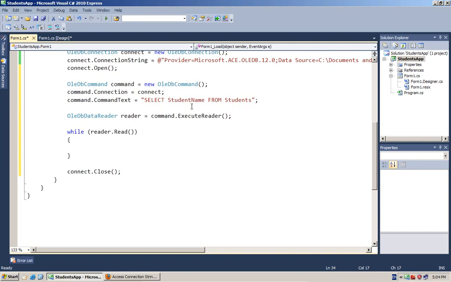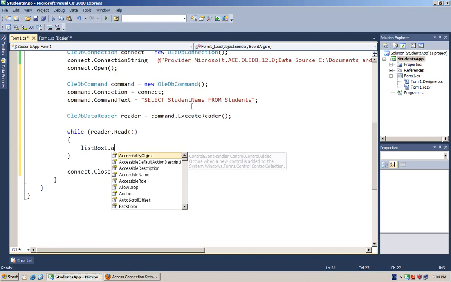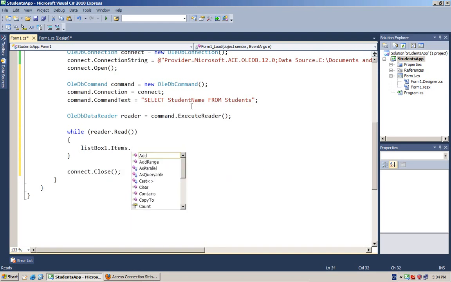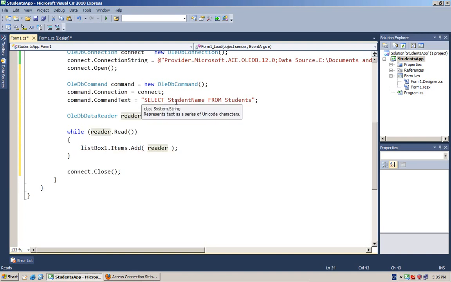Now what we'll do here is we will list all of these items in the list item. Okay, now what we need is reader, and we call just student name, so only one column will be returned.